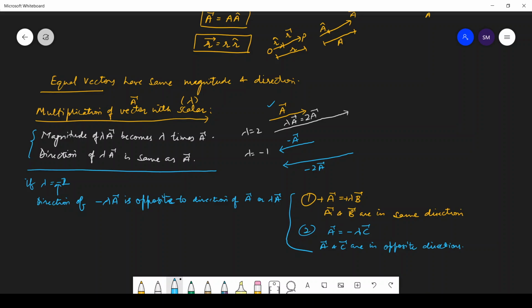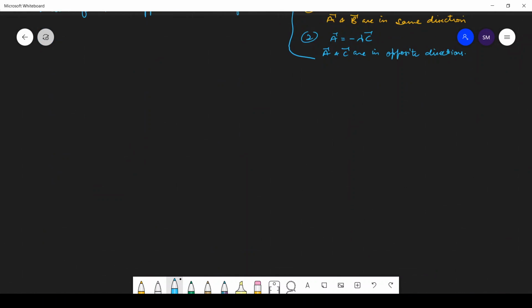So the direction of minus lambda A is opposite to the direction of A or lambda A. And the magnitude will be increased by lambda times. So this was about the multiplication of vectors by real numbers, or scalars. I am treating the real number as lambda. This was your topic 4.3 in your books, and equality of vectors is 4.2.2. Okay, now let us move forward. Students, have a habit of reading NCERT books line by line, and if you have any problems you can ask your doubts. Okay, now next topic 4.4,